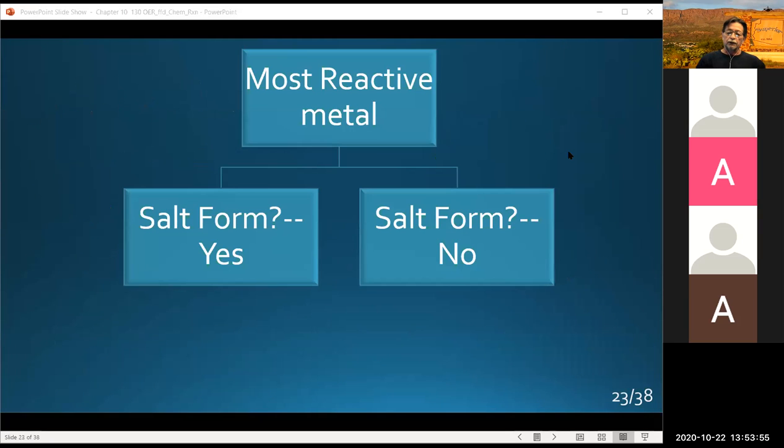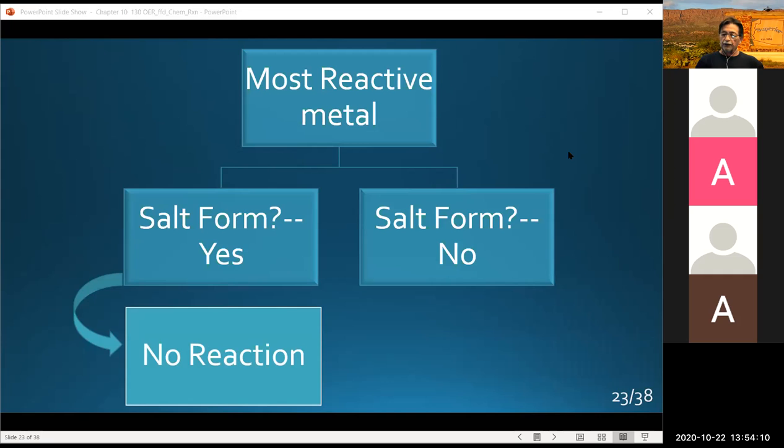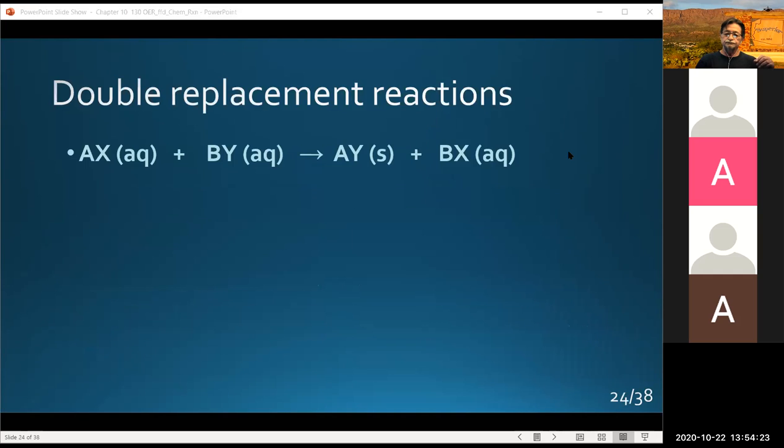All right. For single replacement reactions, this flowchart just summarizes: once you determine the most reactive metal, you ask the question, is the most reactive metal in salt form? If the answer is yes, you get no reaction. If the answer is no, then you have a reaction and you simply substitute the metals. Now, for double replacement reactions,